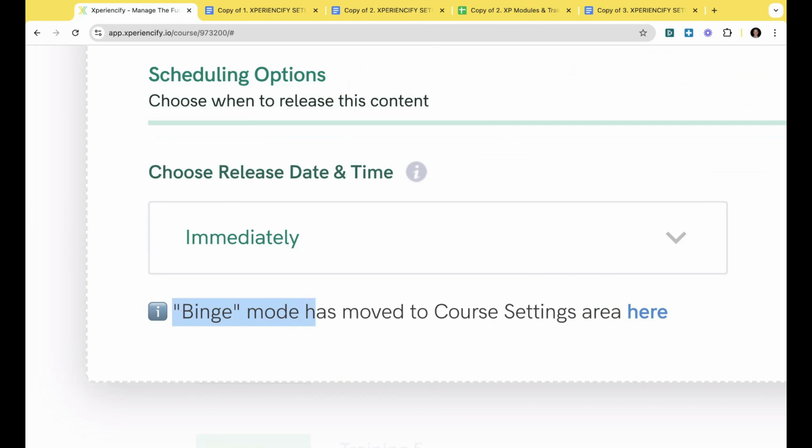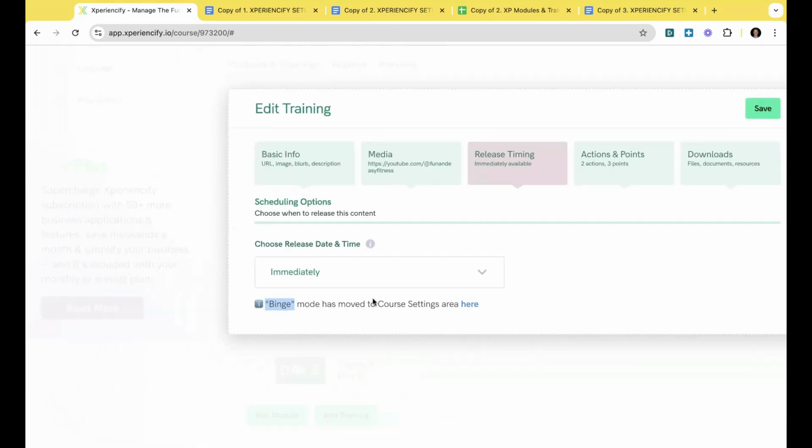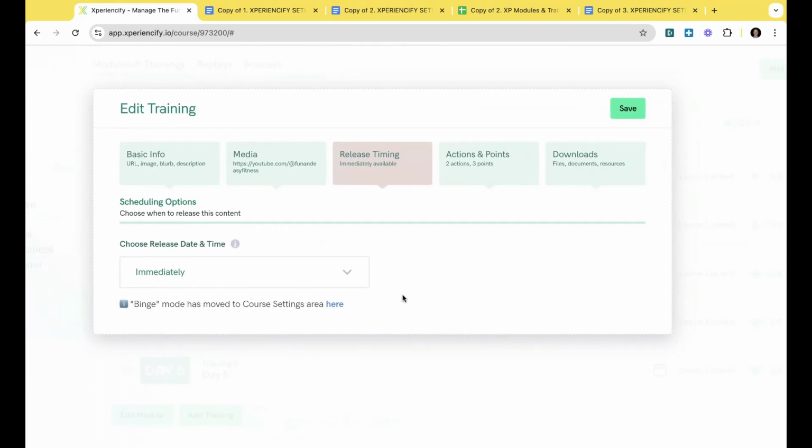But binge mode is our answer to how we've been trained by Netflix and Hulu and Apple TV and Disney Plus, etc. If you turn binge mode on, that means as soon as they complete one training, we're going to offer them the next training immediately, even if it's locked or supposed to happen in a week from now. Binge mode allows them to go into that next training to continue to move along as you would in Netflix.